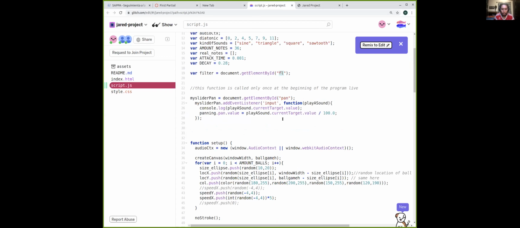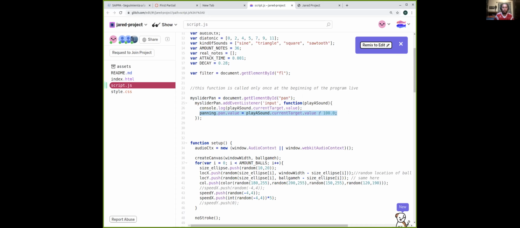And then probably, as we did in one of our previous examples, here is the code that is doing my slider getElement, and then is adding the input. And in that particular case, it's changing the panning pan value of play a sound, okay? But what is interesting here is that,